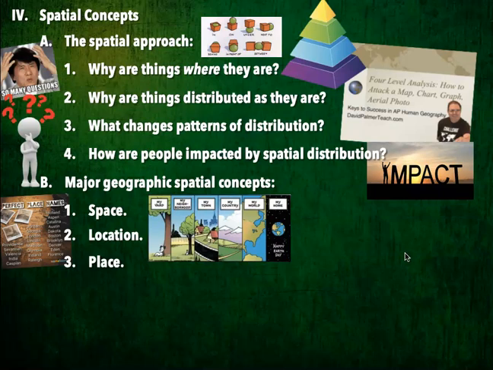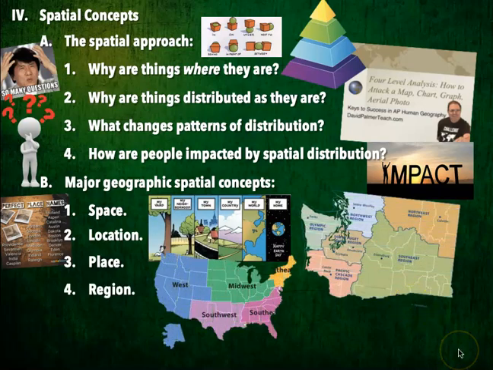And so, just talking about the differences between space and location. Space is the distance between two or more phenomena or things, and with location, we have where things are located, either on a grid or relative to another location. Place is usually the human or physical characteristics, the descriptors of a location. And then with region, we're talking about